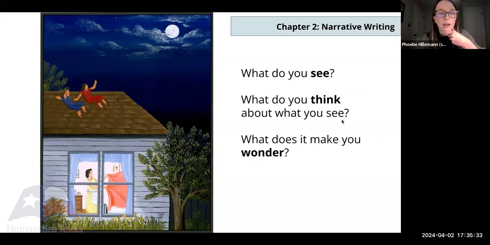But I'm going to move us more purposefully now into that second question. What do you think about what you see? What do you think might be going on here? What do you think this might be about? You've already kind of got this idea that there's a split between generations, the youth and maybe the parent or parental